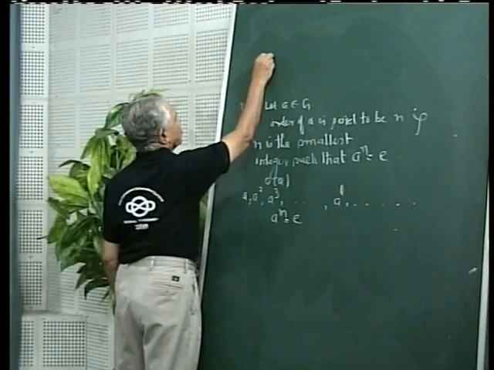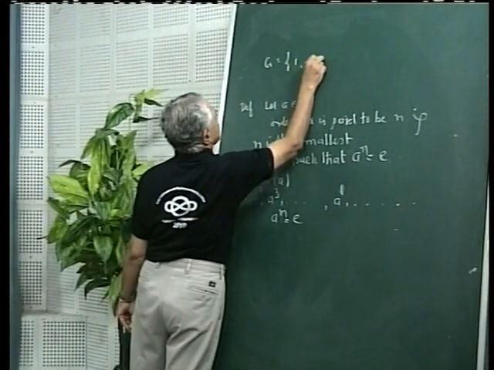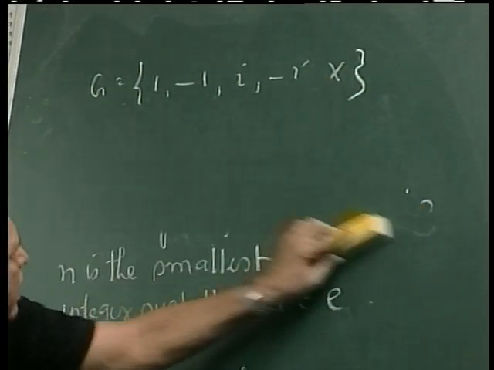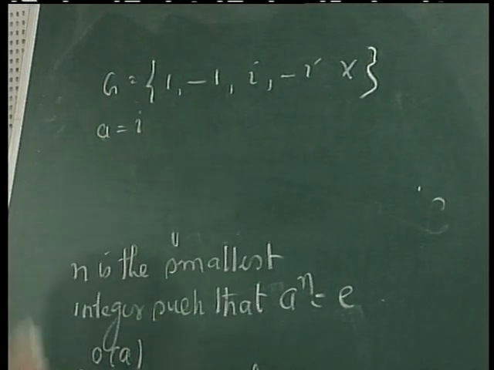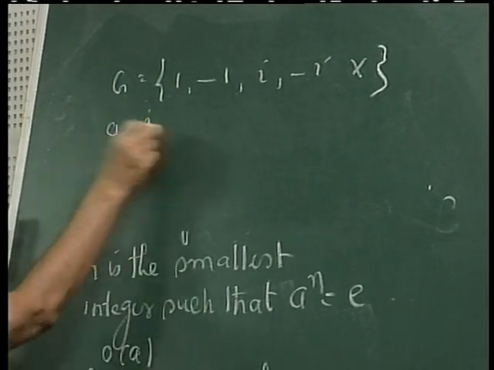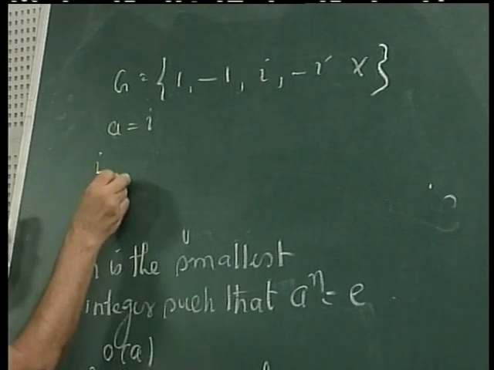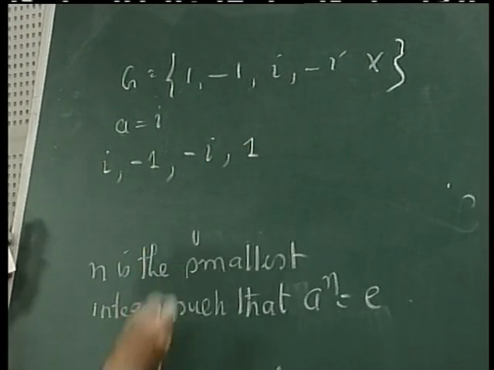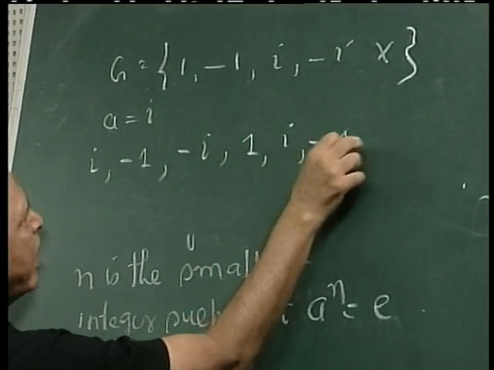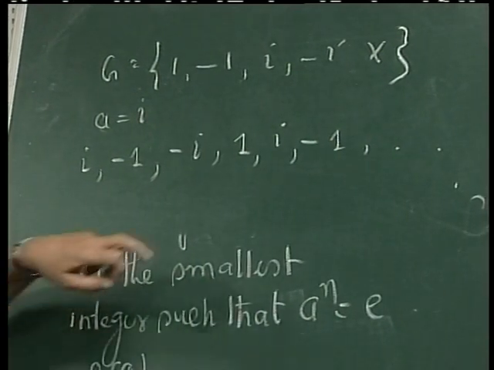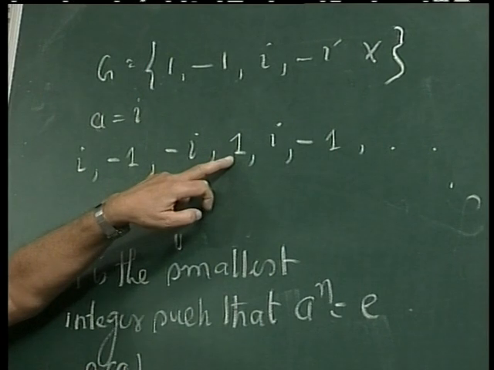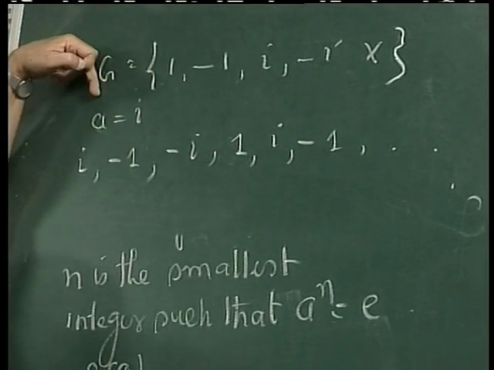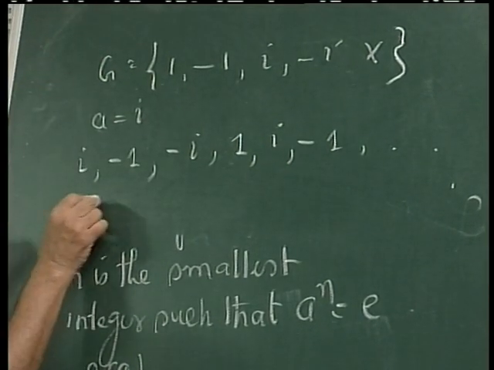Again, let us take this group. G is equal to {1, -1, i, -i} under multiplication. And let us take the element a is equal to i. Then what we get is the series: i square is equal to -1, i cube is equal to -i, i raised to 4 is equal to 1, and then again i, -1, and so on. And what we can say here is this is i raised to 4, and 4 is the smallest integer for which i raised to 4 equal to 1, the identity of this group,